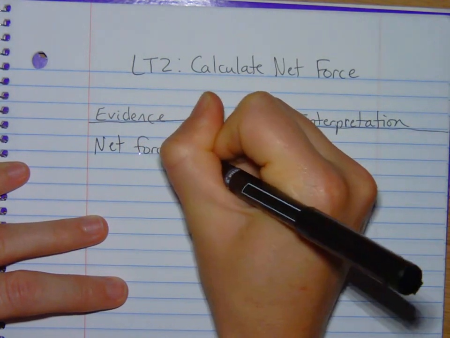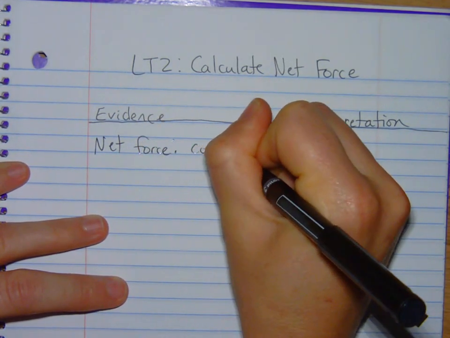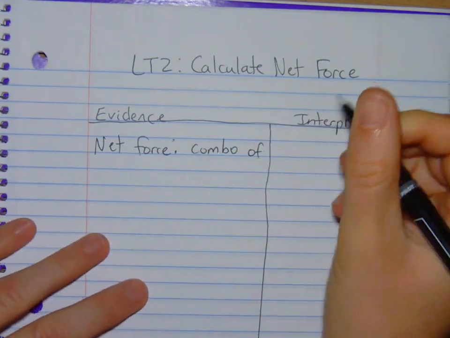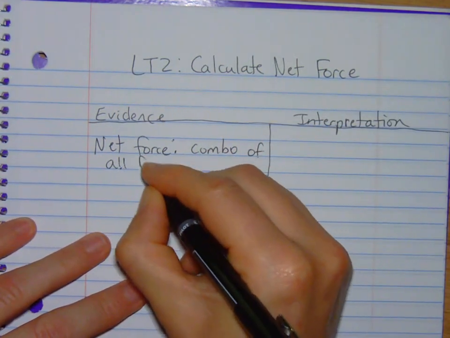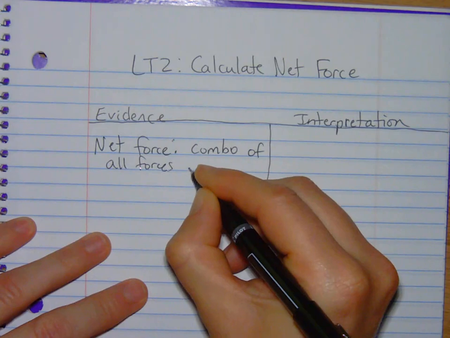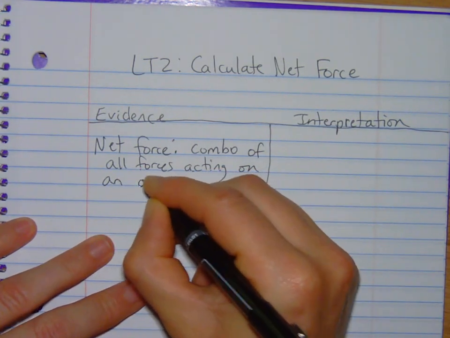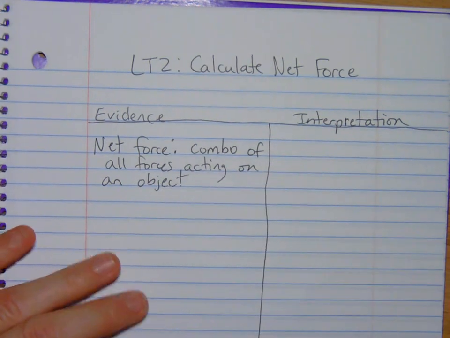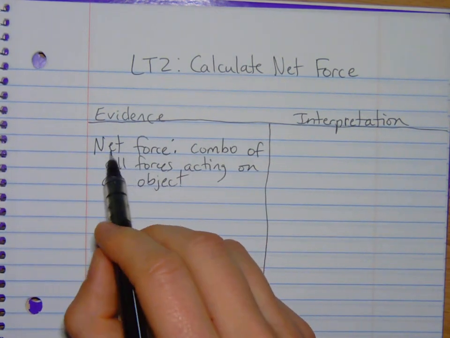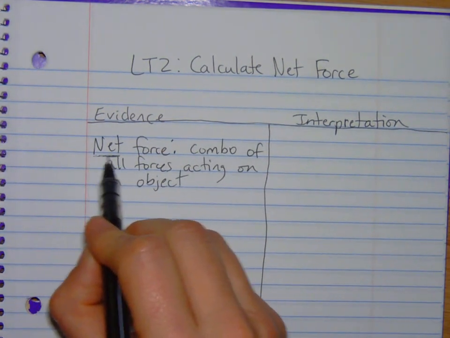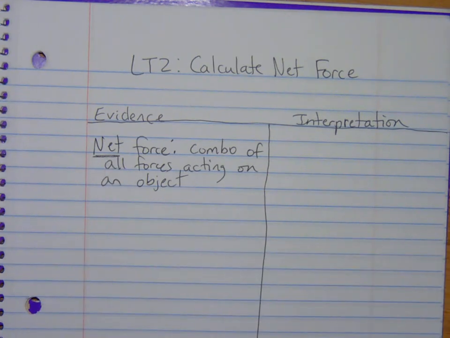All right. A net force is a combination, so we'll just say a combo, of all forces acting on an object. So the combination of all forces that are acting on an object. This idea of net, okay, it's not like a basketball net or anything like that, but maybe one of the